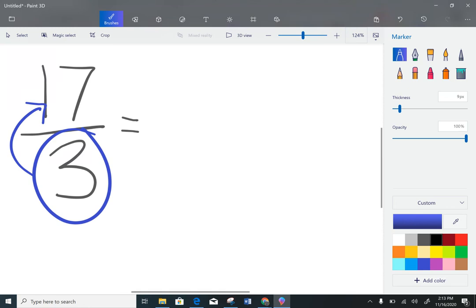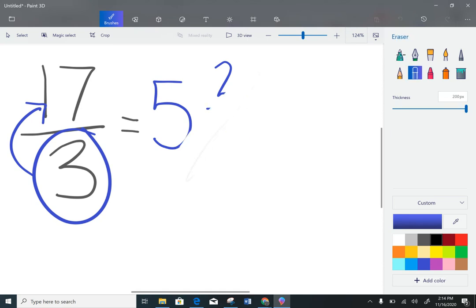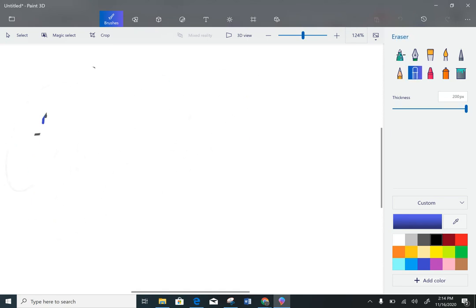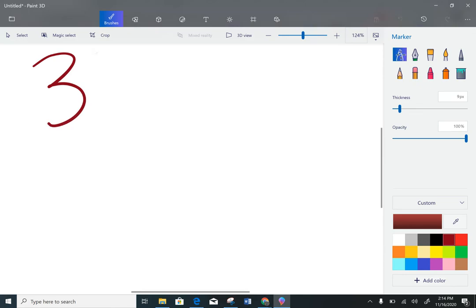Well, 3 times 5 is 15, so 3 can go in nicely 5 times with a remainder of 2, and we always keep our denominators the same. So let's try one more before you head off on your own. If I have 32